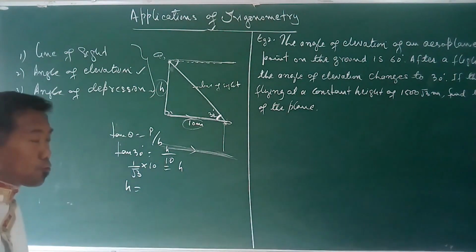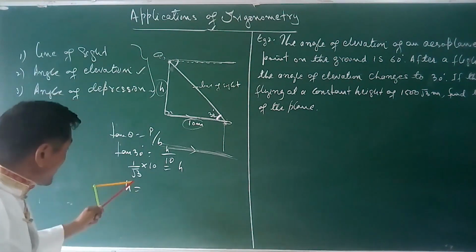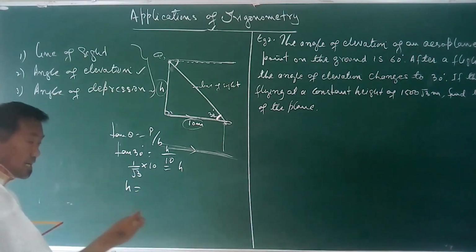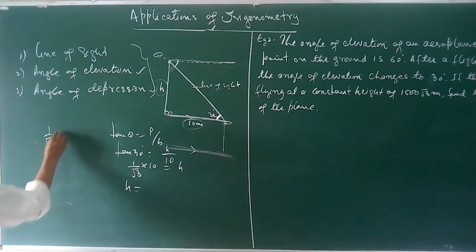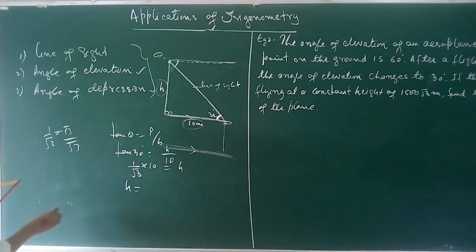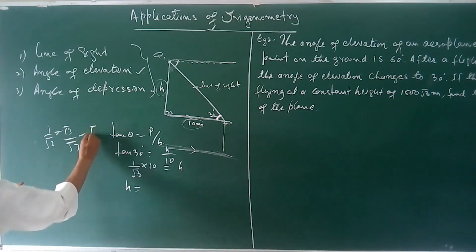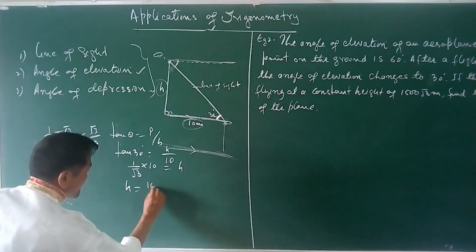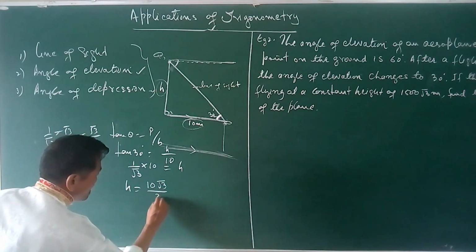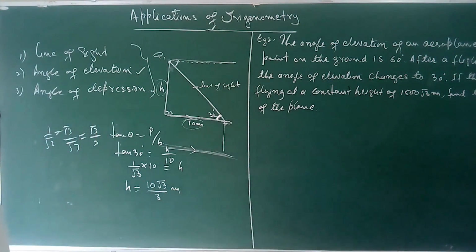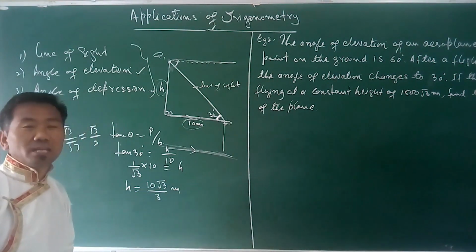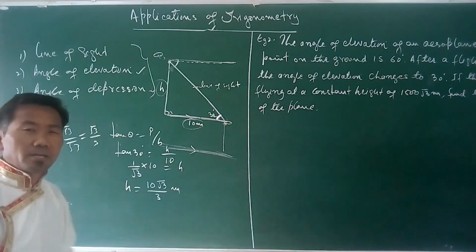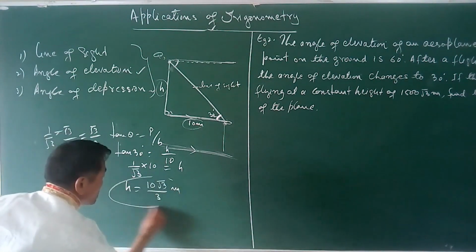Rationalization. We can cancel. So 1 by 3, into root of 3 into root of 3 divided by root of 3. This becomes root 3 into 3, which is root 3 by 3. So this is 10 root of 3 divided by 3 meters. Root 3's value is 1.732. So this is how you are going to find the height of